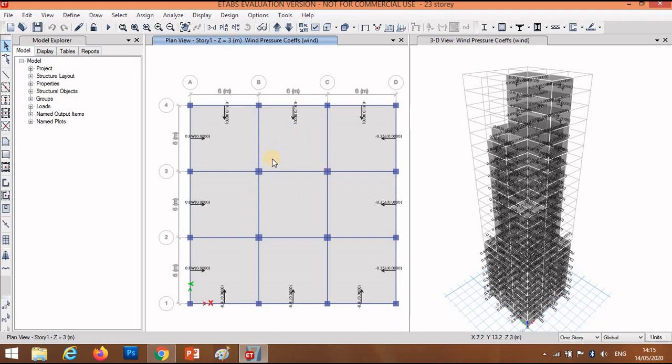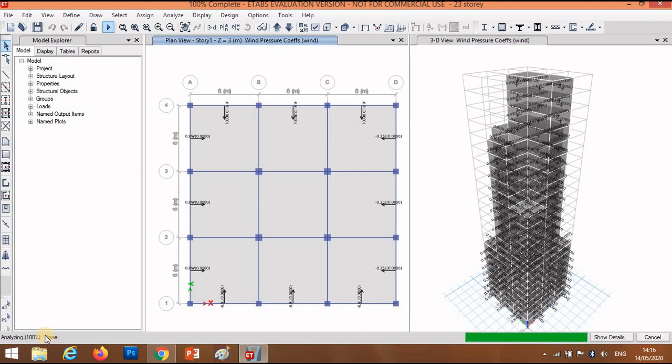Okay, now after this I will run the analysis. Click on the run analysis shortcut. Click here once. Since the analysis is going to run, wait for a minute. You can see here the analysis in progress details. You can see here that it is 93% complete, 97%.